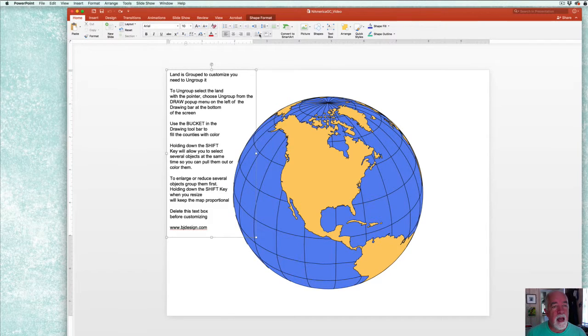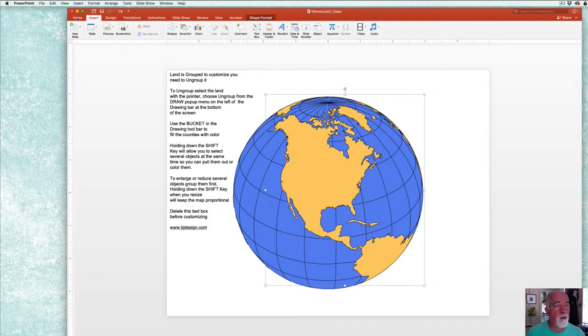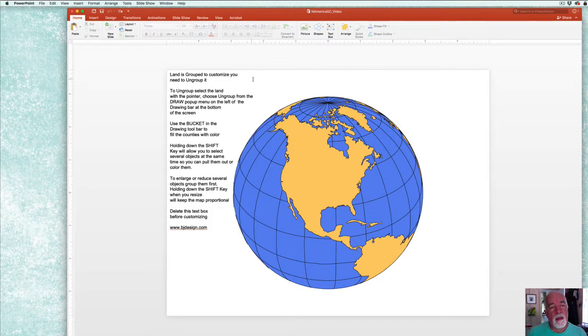So if I click on the text, I have text tools. If I click on an object, I'll have object tools, and you can go to design, you can go to insert, all kinds of stuff here. But most of the stuff is probably right here in home where we can color. We'll be doing that. So the first thing I normally do, and that most customers sometimes ask about, is